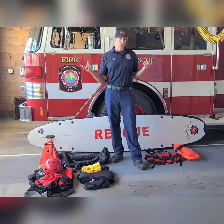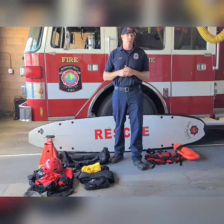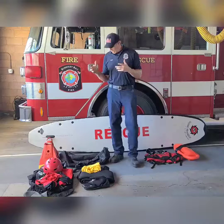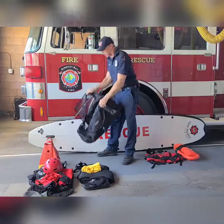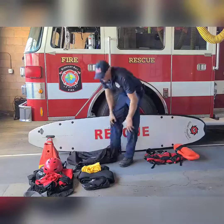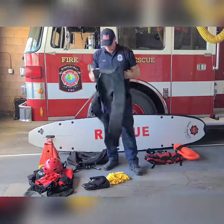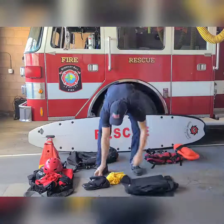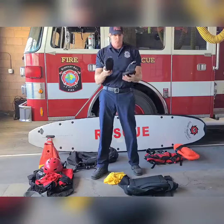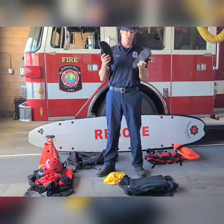So just wanted to show you guys some of the stuff that we use, some of the equipment that we carry and that we have at our disposal here. So in my bag here, I keep this bag here on the engine at all times when I'm on duty. And in there I'll have both a wetsuit, some booties to keep my feet warm, and most importantly, to keep them protected on the bottom for the rocky